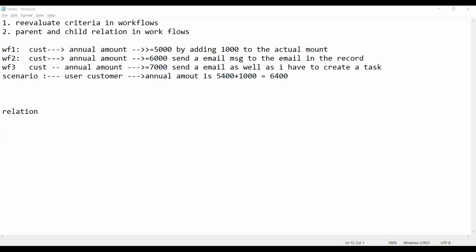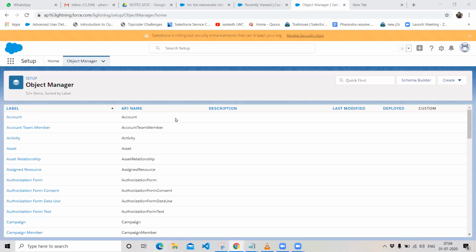Funny, just one quick thing. The previous one which you said, between the parent and child thing. Sorry, I didn't get that point. Whenever you're working with the workflow rules, if you want to update a parent record field, the update is possible from the workflows from child to parent.